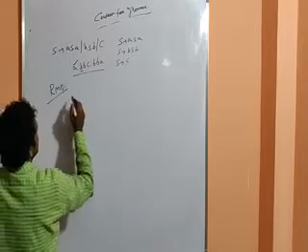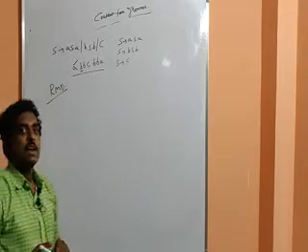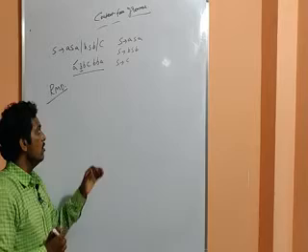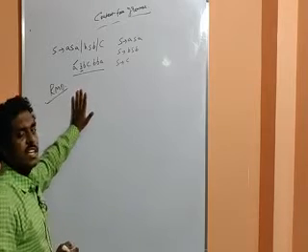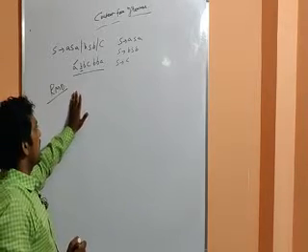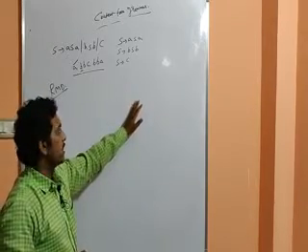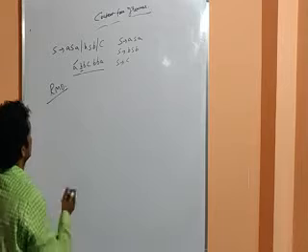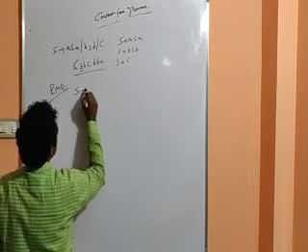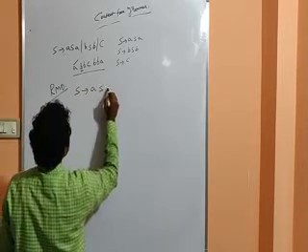The rightmost derivation is the opposite of the leftmost derivation. In the leftmost derivation, what have we done? We have performed the task from the left side to the right side. In the rightmost derivation, you will perform the task from the right side to the left side. So now take an example. S tends to A, S, A.